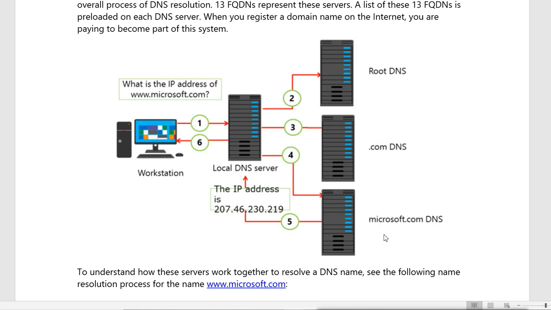That means this DNS server has the record of the Microsoft.com zone. It has the forward lookup zone and reverse lookup zone for Microsoft.com, and that means this is the authorized DNS server. So this DNS server's record is available under the com server, and it will be sent to the local DNS server.